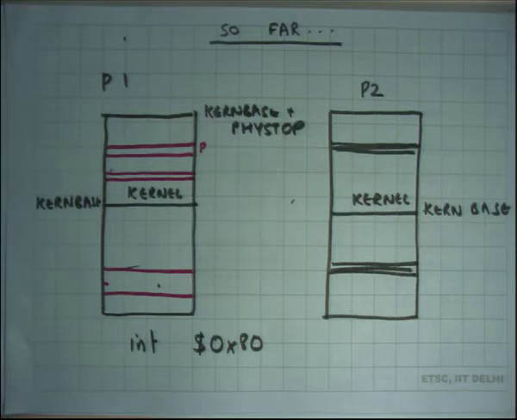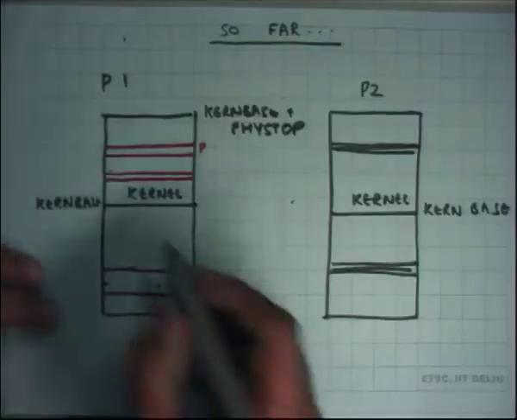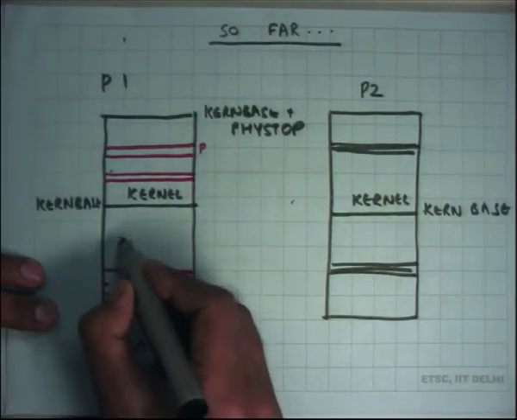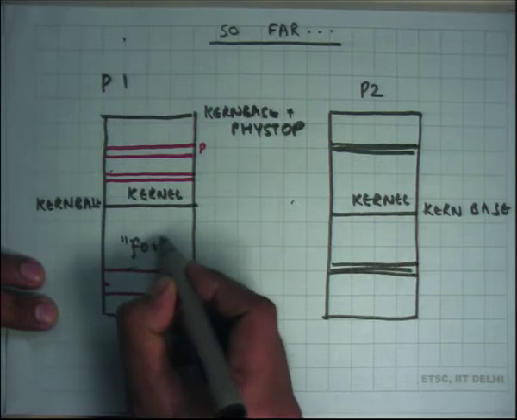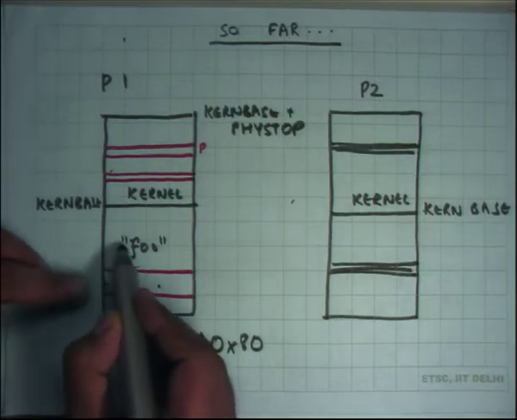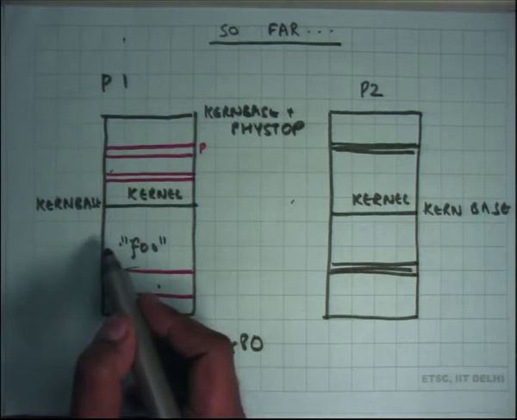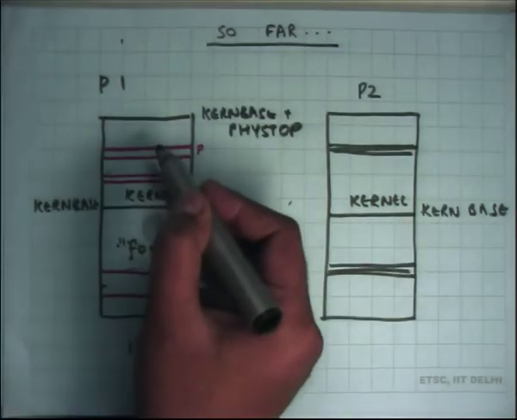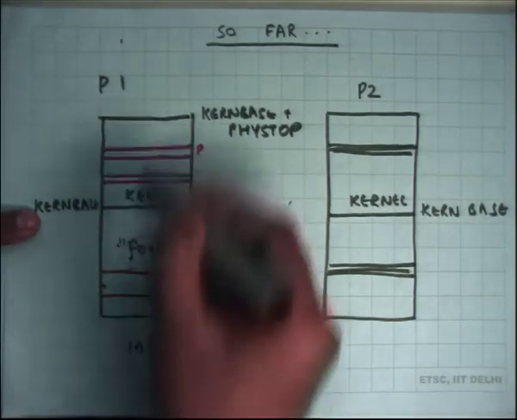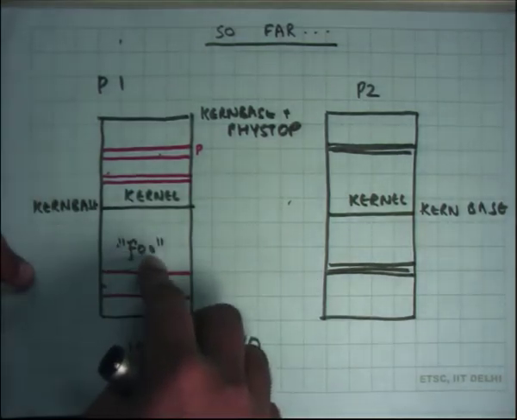But if I was supposed to give any string, let's say the exec system call takes a string argument, right, and a string can be pretty large and registers are not enough to hold a string. So the way to do it is the string is going to live somewhere here, right. So let's say there is a file called foo and the string called foo is living here, and so what the user does is set up the value of the pointer which points to foo as a first argument, right, in the register, let's say ECX. And so the kernel looks at that pointer, and because the kernel has the same page directory mapped, so the same address space is mapped, when it dereferences that pointer it can read the string foo, right.